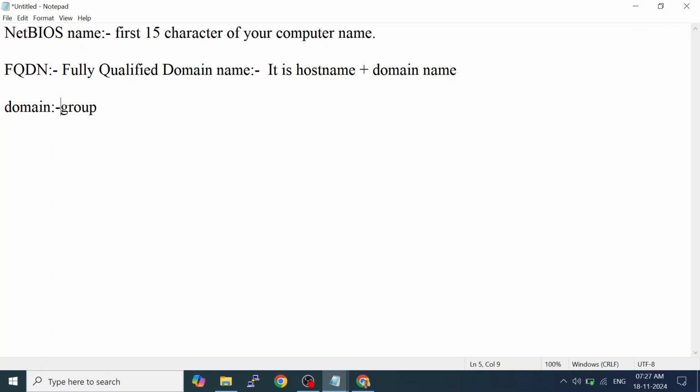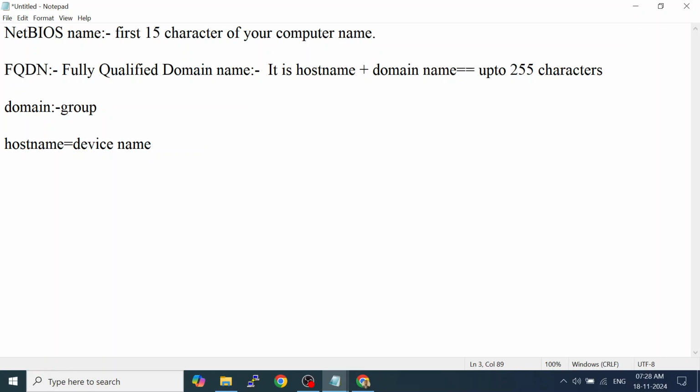Hostname is equal to device name, and it can be up to 255 characters.